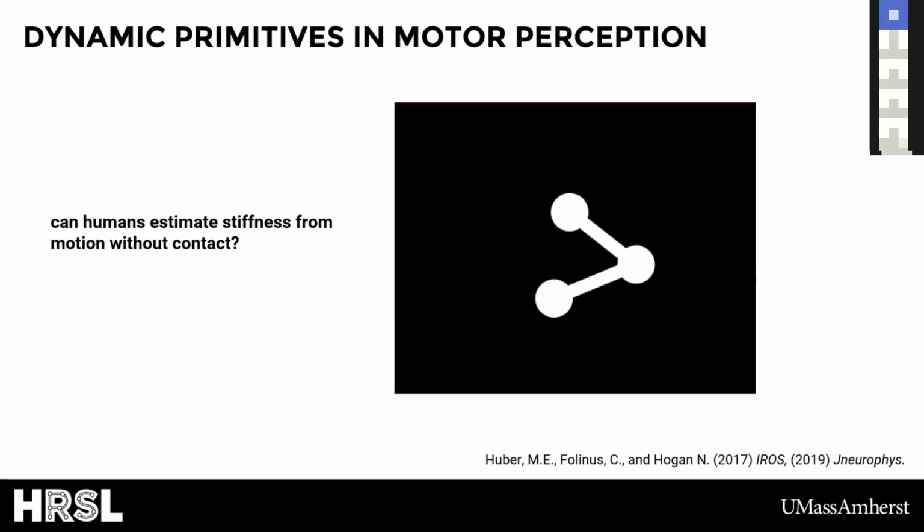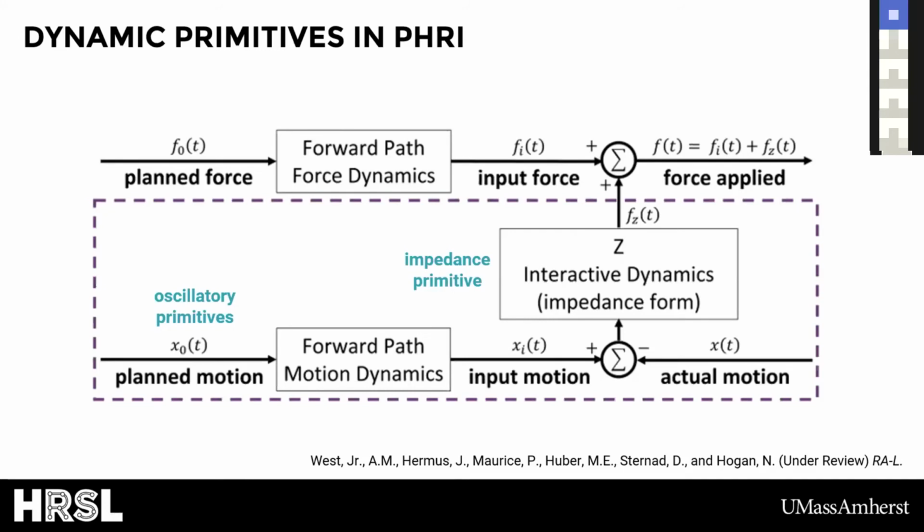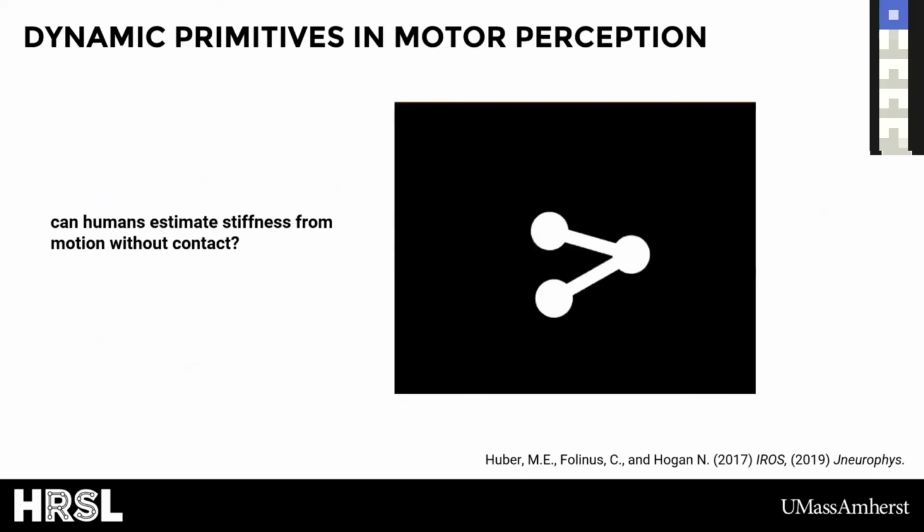And so, again, what these results show is that dynamic primitives are a competent framework to model human interaction control, but at the same time, they also highlight the trade-offs in task performance. And so the trade-off in this case being that pure force control, while possible, may be difficult to achieve. And so quickly, I just want to talk about this idea of dynamic primitives not only existing in the generation of motor behavior, but also in the perception of it.